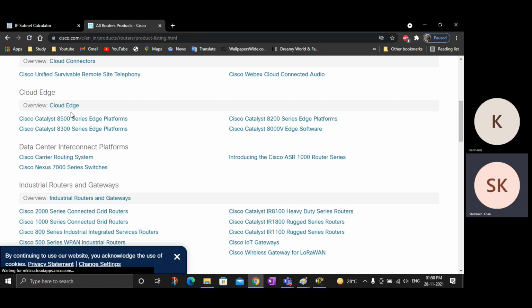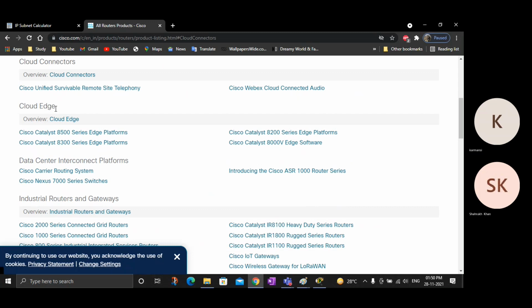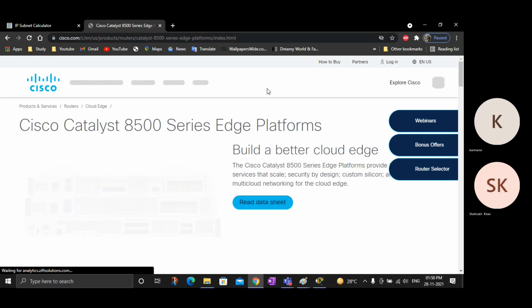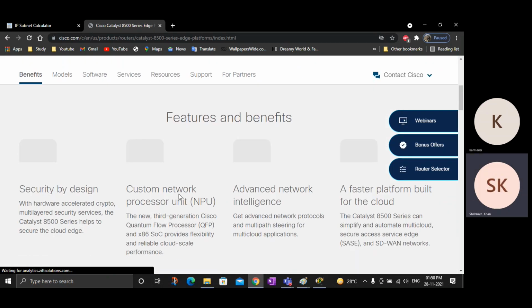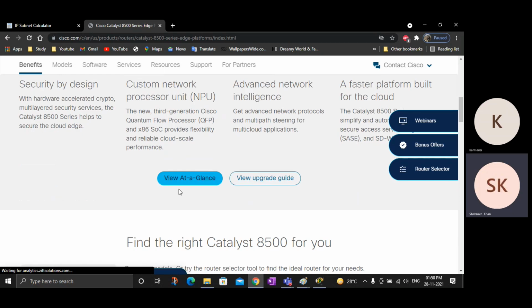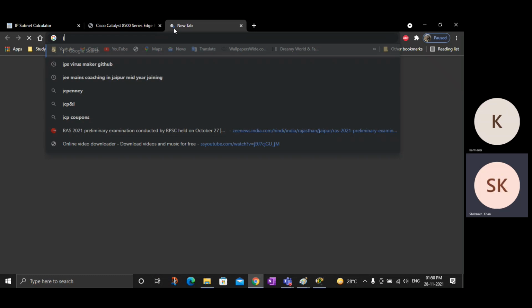Multiple series are available. Let's just open any of these. So these are the routers available with Cisco. If we see the Juniper networking,